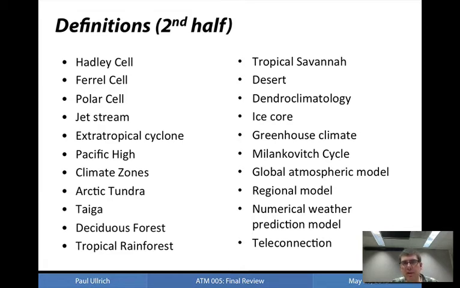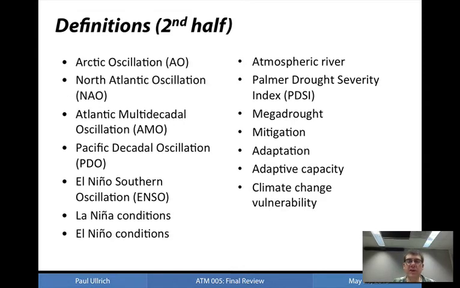So we saw examples of this in the various oscillations in the climate system, ranging from the Arctic Oscillation to the El Niño Southern Oscillation, and saw a variety of teleconnections in particular associated with ENSO. So the different oscillations that we discussed include the Arctic Oscillation